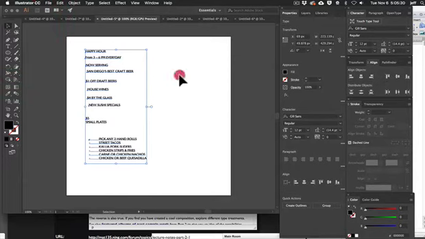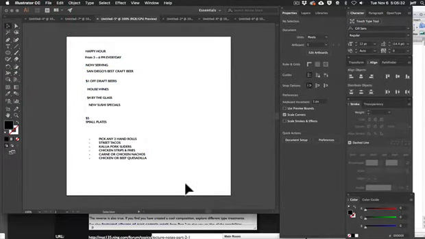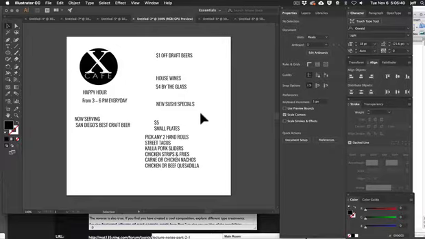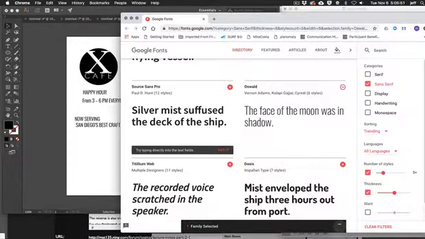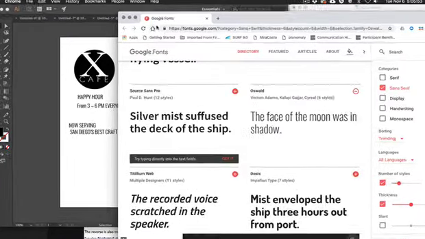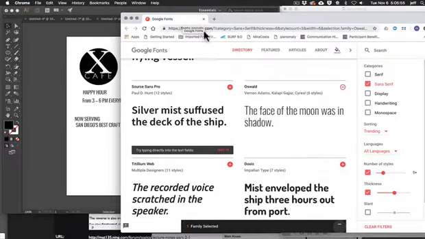Okay, so once you've got everything here, now it's time to start thinking about maybe breaking things up into more than one line or where you might want to go. So what I've done here now, and I'm playing around with this typeface, and it's called Oswald. Okay, and it's a Google font, right? So Google font right there. So you just go to Google Fonts, Oswald, and the name is Oswald right here.